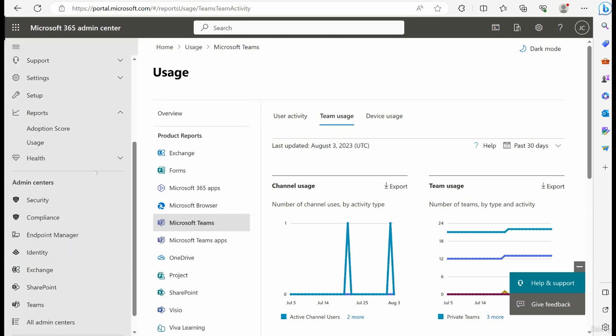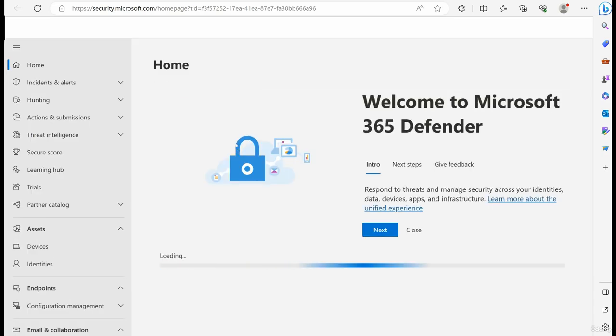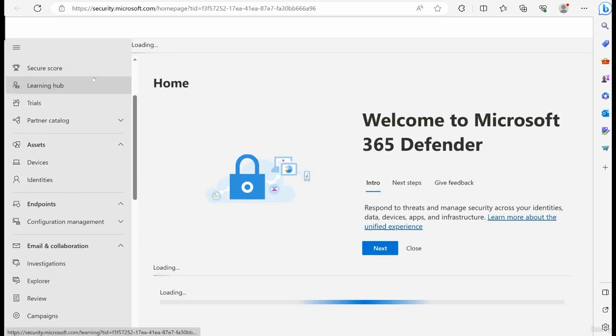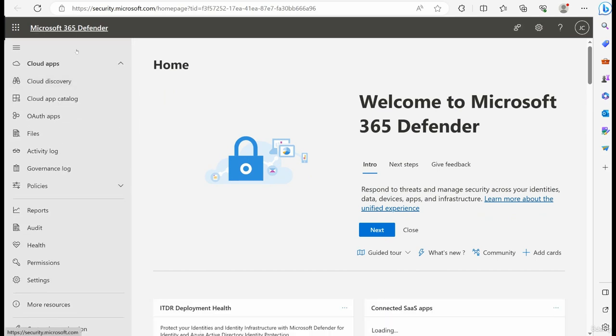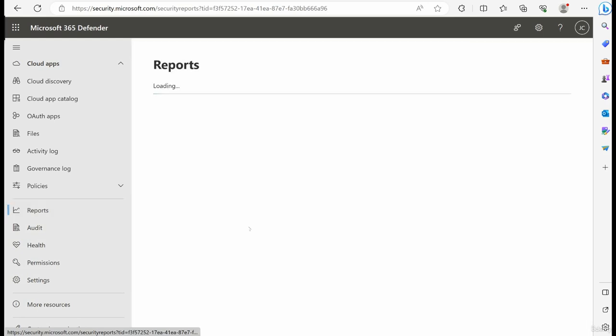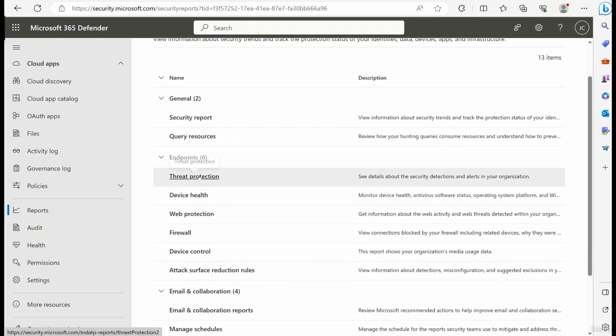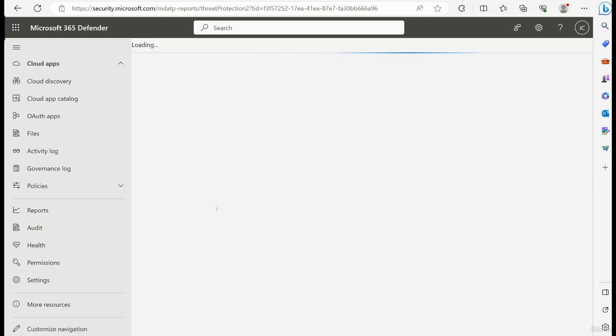Now, the other admin centers also can have their own reports. I specifically want to show you this one here. We'll go to security. That brings us into Microsoft 365 Defender. Microsoft 365 Defender has its own reporting capabilities and pieces of log data. If I come down here to reports in Microsoft 365 Defender, you're going to see reports dedicated to the Defender side of things, which of course gets into a lot of dealing with threats and issues like that in our environment. Security reports, endpoints, threat protection, device health, web protection, firewall. I'll click on threat protection,